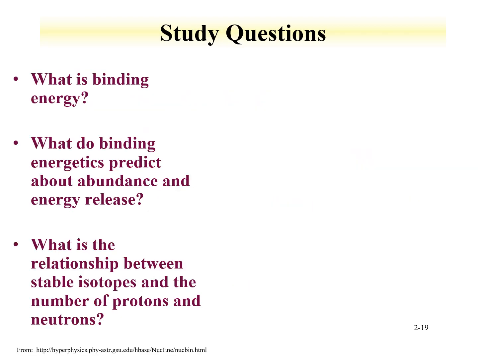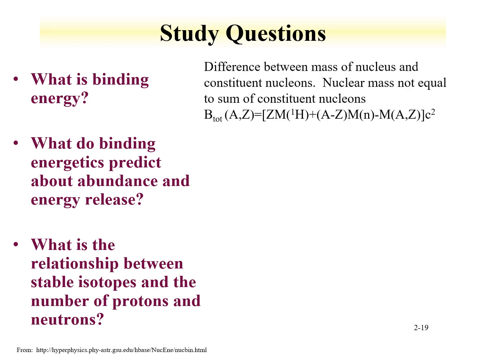Here's an example of some questions you should be able to answer after this lecture. What is binding energy? Well, it's just the difference between the constituents that make up the isotope and the mass of the isotope itself. The total binding energy is shown here, where I take the number of protons, that mass, add it to the mass of the number of neutrons, and subtract the actual mass of that isotope. The binding energy is